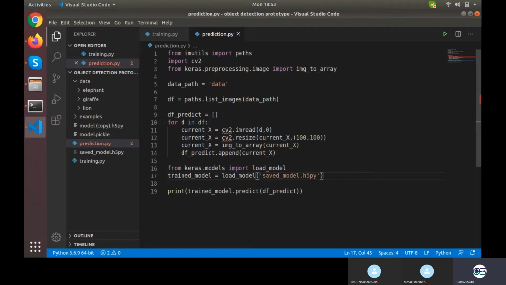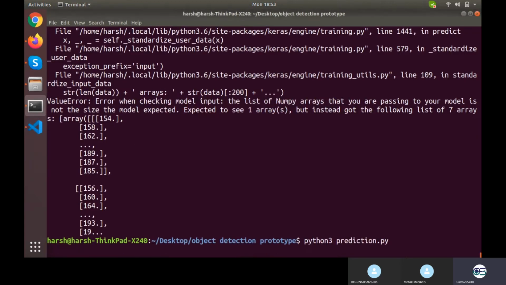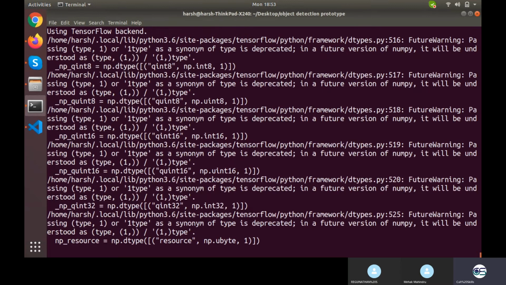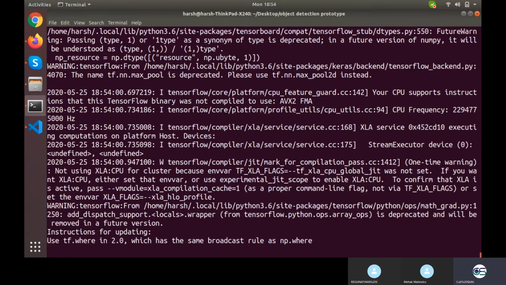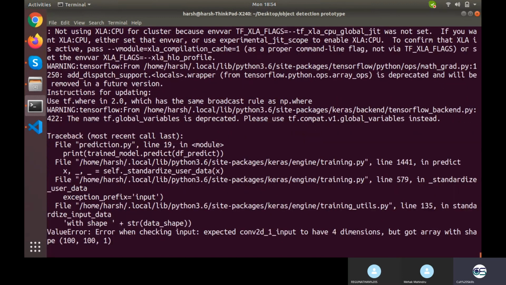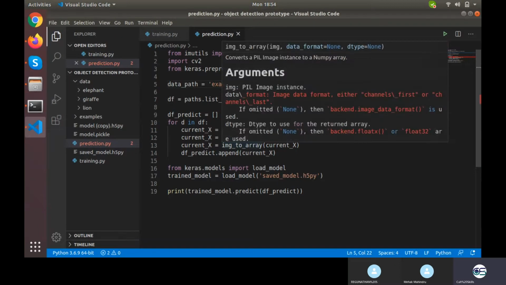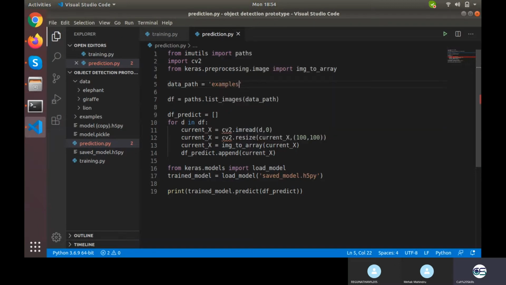Expected to see the, fine. Instead of data I need to give examples. I gave wrong directory path. Cool.